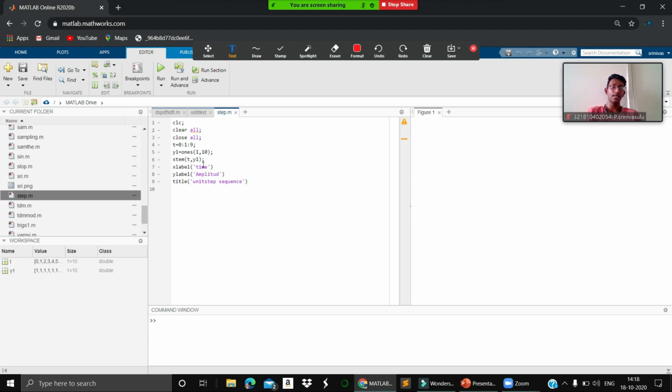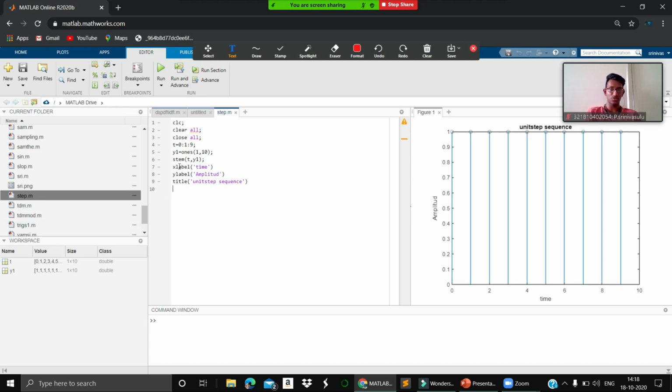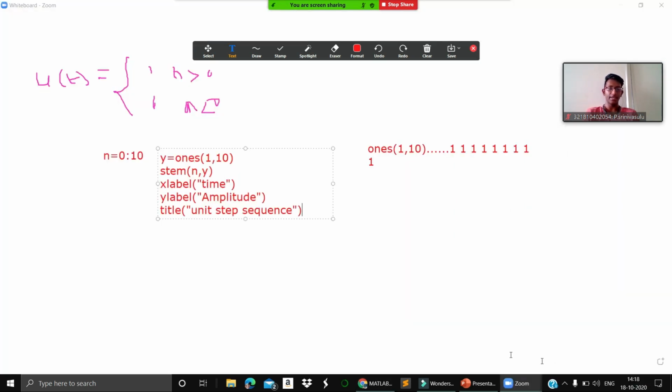The unit step function means it is discrete. We are using stem, right? Stem is used for discrete instants, so it is from 0 to 1. At each instant we are defining the values. So what if I have to define from minus 10 to 10, but it does not have values between minus 10 and 0, right? In such a case, what is my output? So here itself we are going to write it. Okay, let's wait for that. If it is such a case, what is my output? So if you take this one, then from minus 10 to 0 my value should be 0, right?